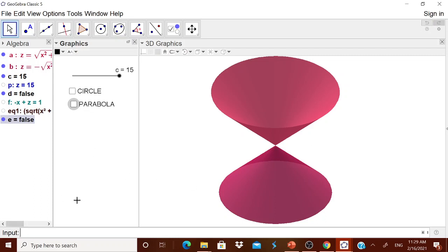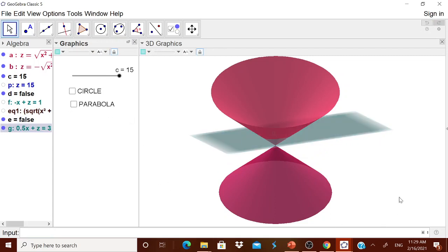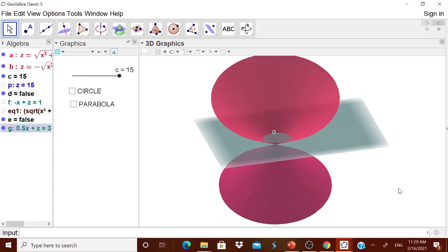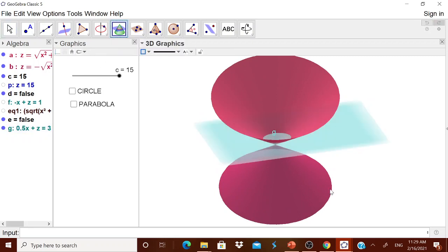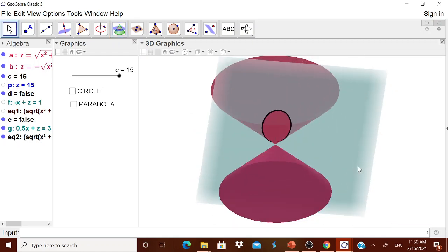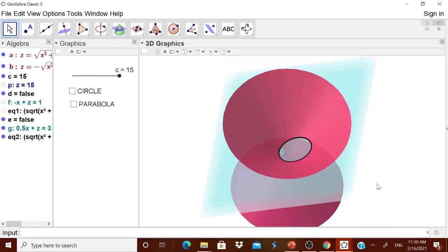Now let us go for the ellipse. For that, the formula is small z = minus x by 2 plus 3. Okay, now I think the ellipse is formed over here. Now you have to go for this intersect two objects, touch it and touch it. As usual, you can make it thick, give it color, anything. You see, when you are moving it, you are showing the ellipse to the children. Ellipse is shown. Is it okay?